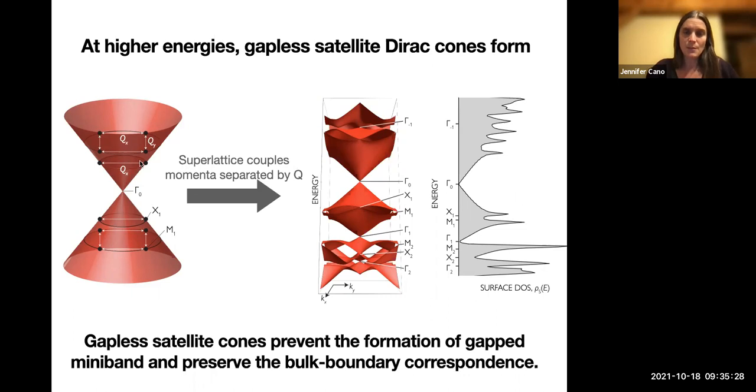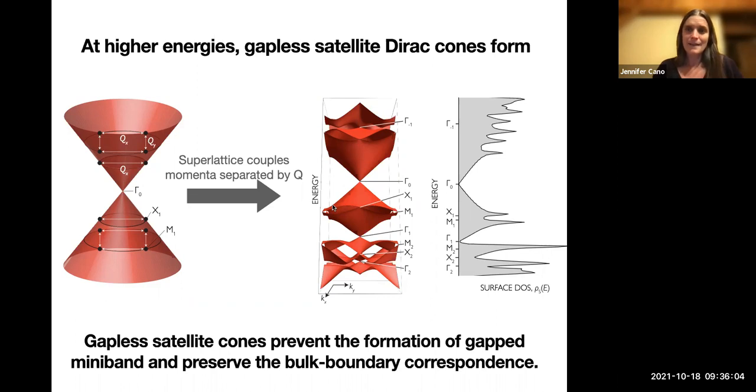So when these two points are coupled, they form a new Dirac cone, and that new Dirac cone is living at either pi0 or pi on the surface Moiré Brillouin zone. So we get this series of Dirac cones, which we call satellite cones, and we can predict their energy and velocity using perturbation theory. But the other important point is that these satellite cones cannot gap because they're protected by time reversal. And so that's why you can't get this gapped flat mini band on the surface of a